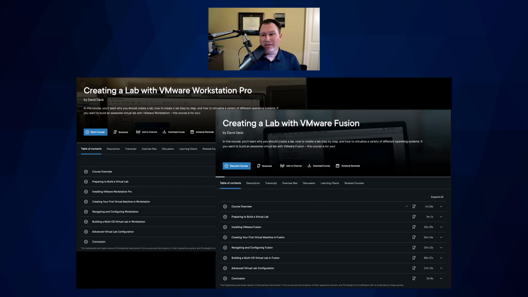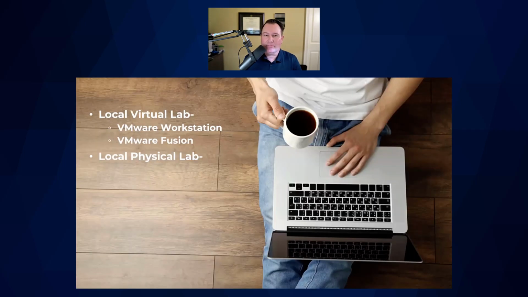And the cool thing about this is, there's free trials of each of these different pieces of software. And then there's free trials of VMware vSphere that you would install into your virtual lab. So, as long as you have the resources on your local desktop or laptop to run VMware Workstation or VMware Fusion, and then run some virtual machines inside, it's relatively easy to create your own virtual lab environment. And that's a great way to get some hands-on experience.